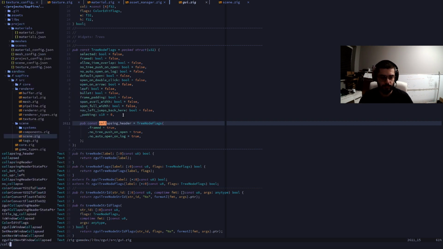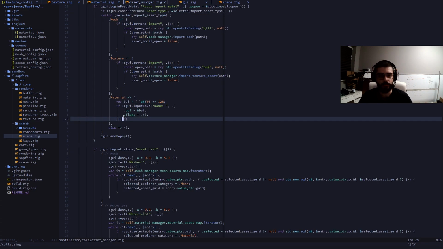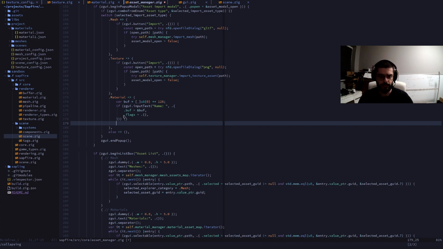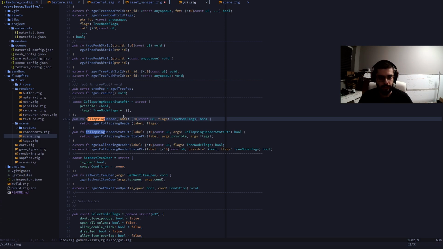Collapsing header. And it also returns a bool. Perfect, let's try this. So if collapsing, it should be the GUI collapsing header, and then it takes in a label and tree node flags. So p visible should be